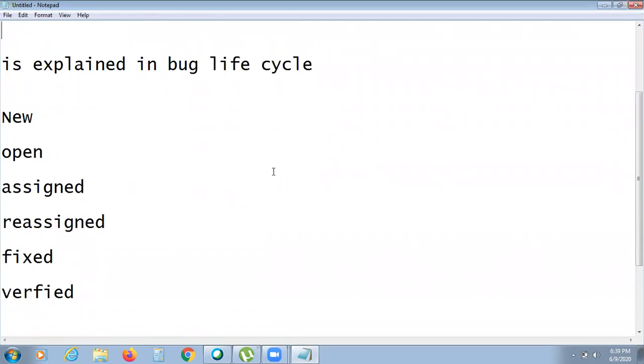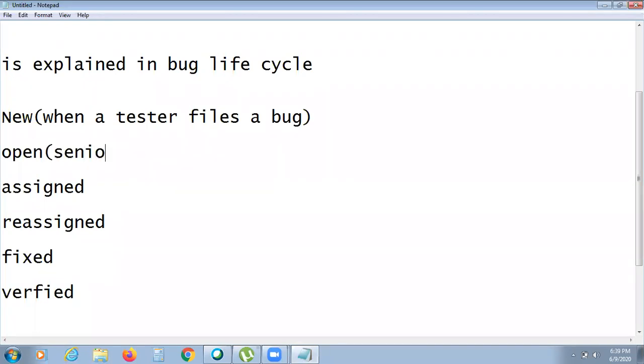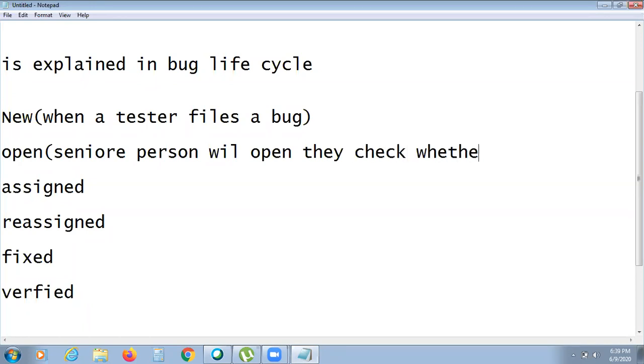So what is new? When a tester finds a bug, a senior person will open it and check whether